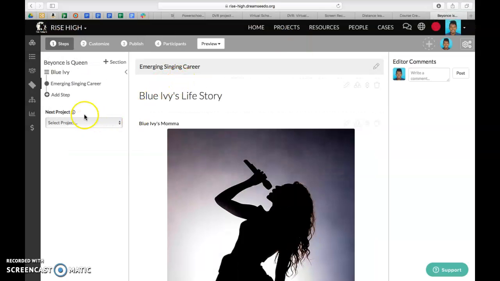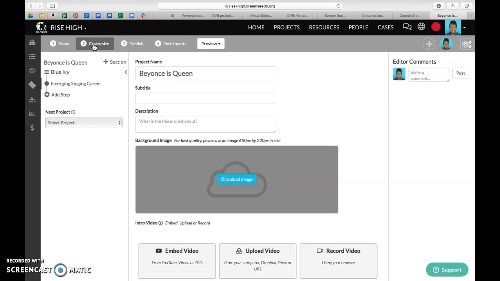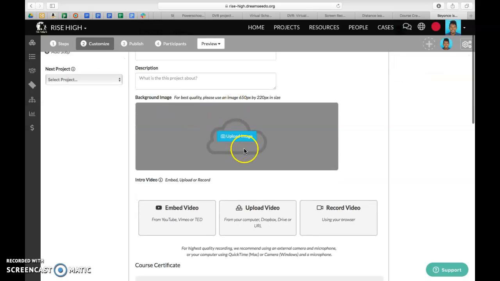Other really important details, so you're going to basically go down as such, is in the customize feature. So that's the next top tab. You can create a subtitle for your project, a description of what the project is about, and then a background image for the tile that students will see when they go to their project tab. So when they look at their list of projects they've been assigned to, your project will come up as a tile, so it could be a picture. I'd probably put a picture of Beyonce, or maybe the Carter Knowles family, and then you'll see the title for